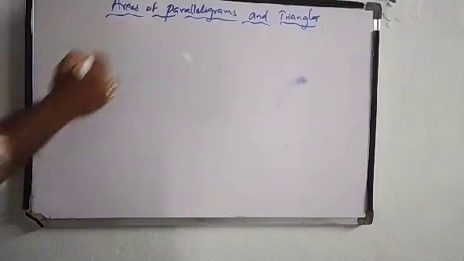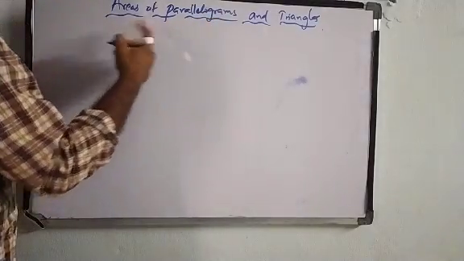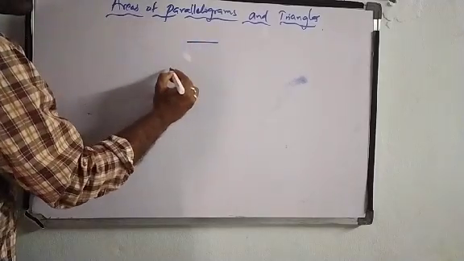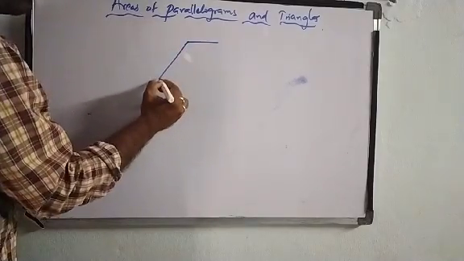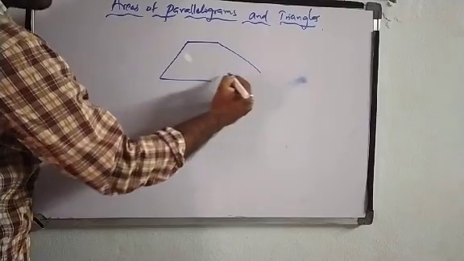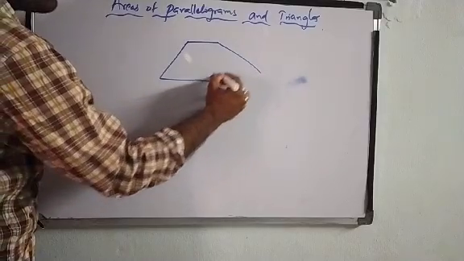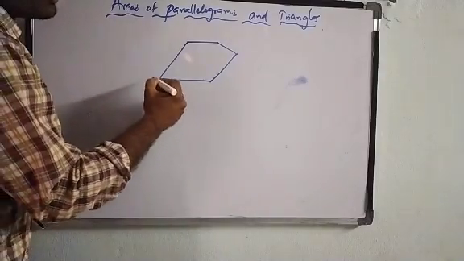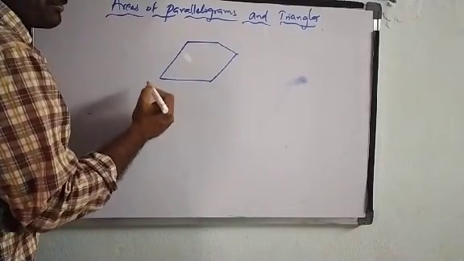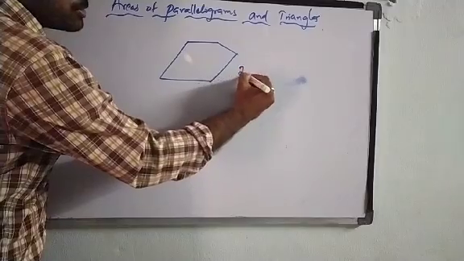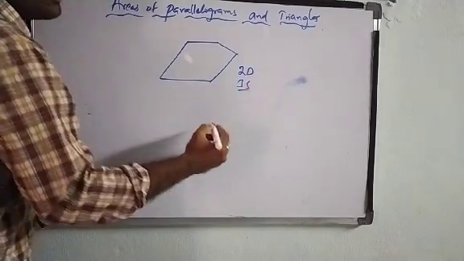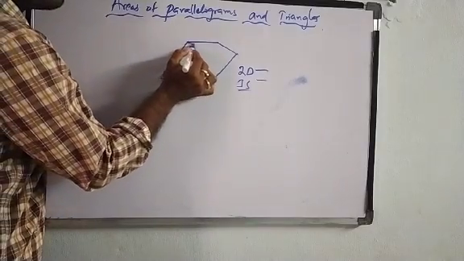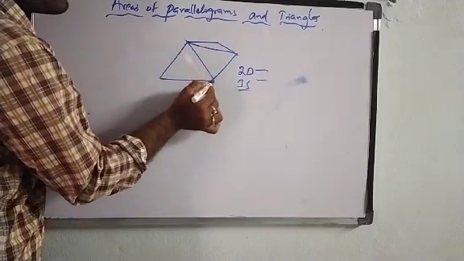Okay. So, why did this concept of finding the area of parallelograms come up? Let us assume that a farmer has a land which is in the shape of something like this. Okay, some shape is there. If he wants to distribute this land among three, for example, let us suppose two daughters and one son, he wants to distribute it in three equal ratios. What he has done is, first he has made one triangle here and another triangle here.